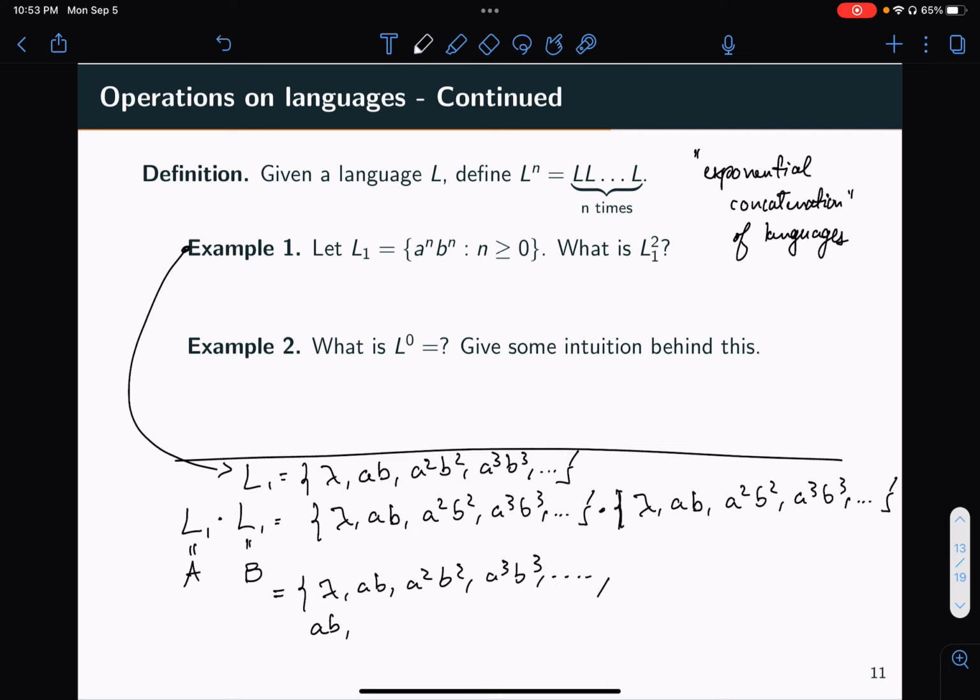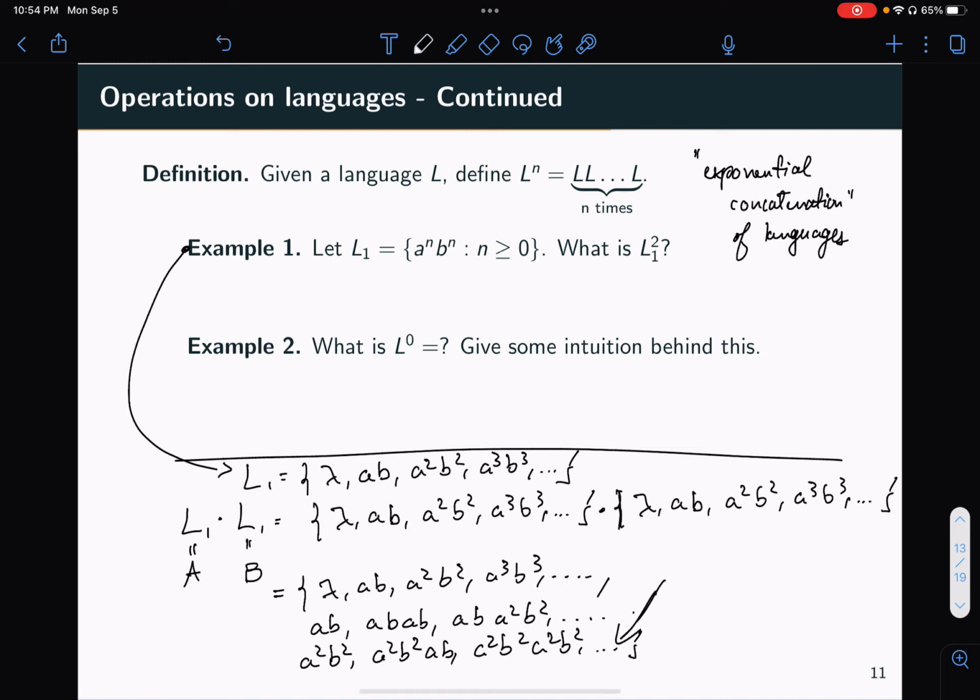Then we have A, B, A2, B2, or sorry, no, that's my bad. We have AB, and then AB, and then we have AB, and then A2, B2, and so on, right? And then the same thing for A2, B2. We have A2, B2 with lambda, A2, B2 with AB, A2, B2 with itself, and so on. And so in general, it looks like any string in this concatenation of languages is going to